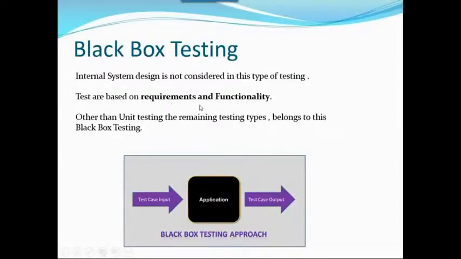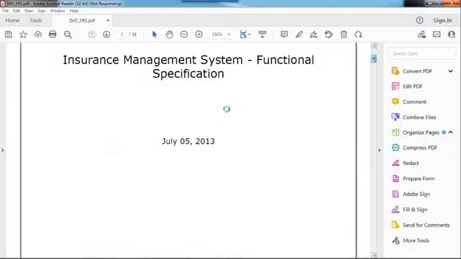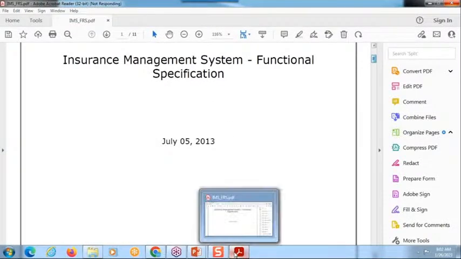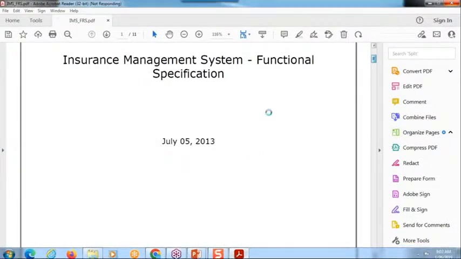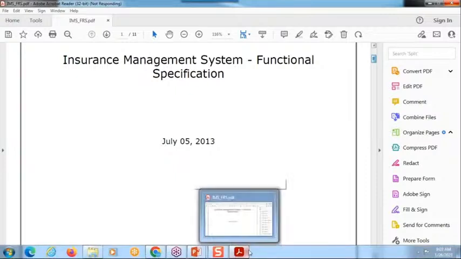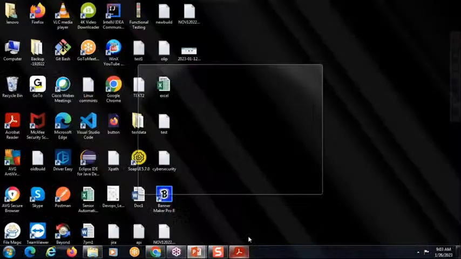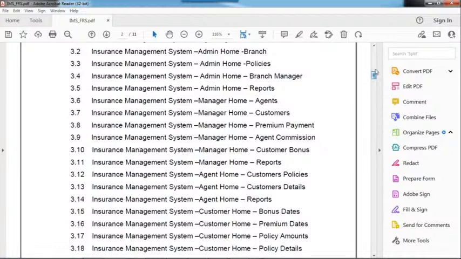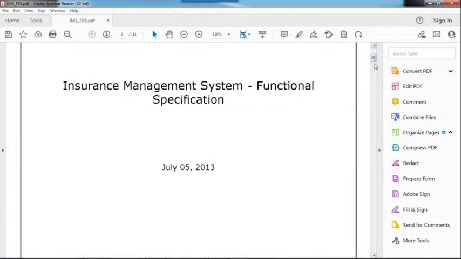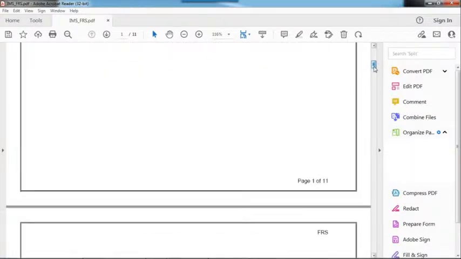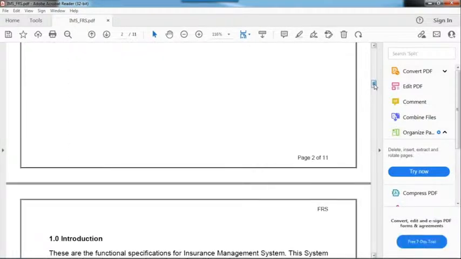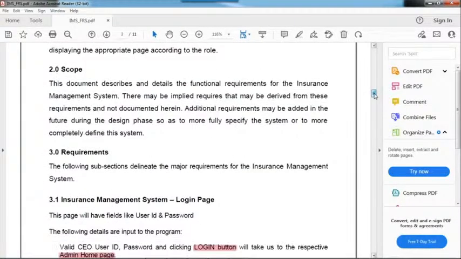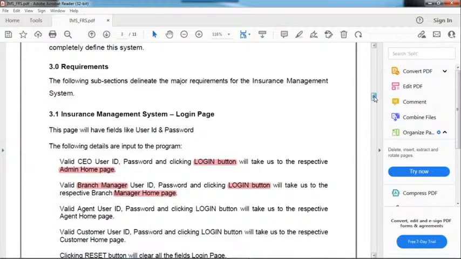Based on requirements and functionality, let's see. Simply, they will give you requirements.